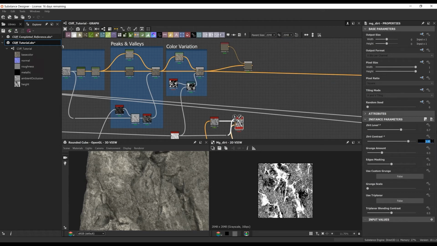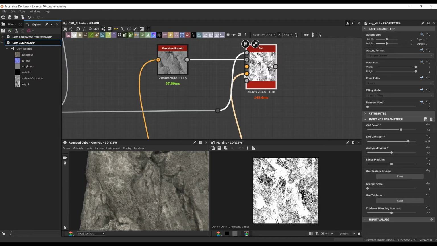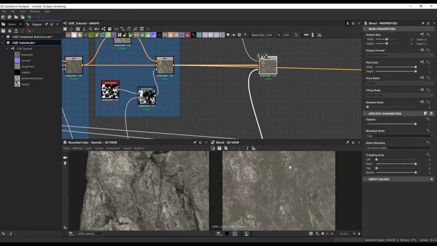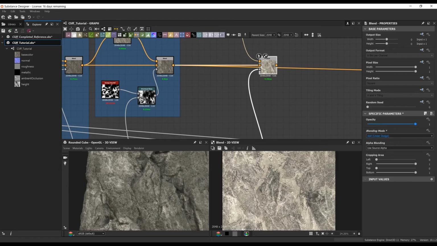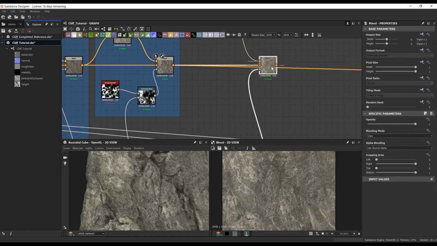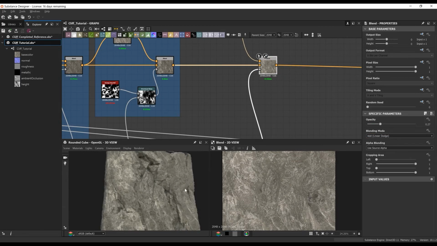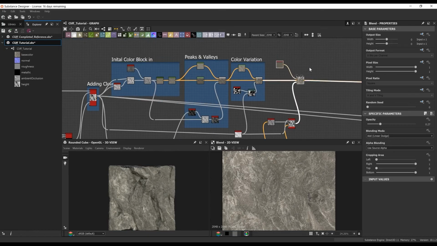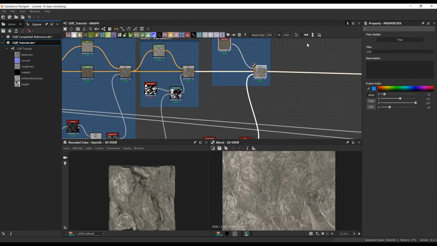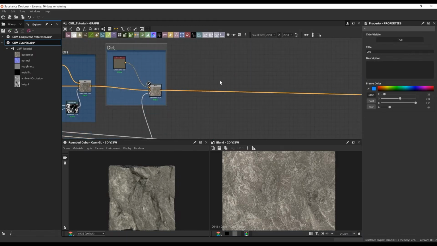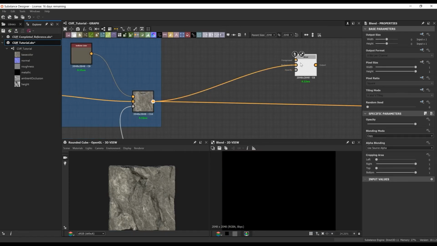And I'm just messing with the different parameters to give me a mask of where I want this dirt to be placed on the material. This mask is going to be plugged into the opacity of a blend node. And what I did for this guy, I literally just chose a solid uniform color. So like a brown, for instance, here I just did a straight up brown. I didn't use any sort of gradient or anything, and I felt like that worked for what I was trying to get there.